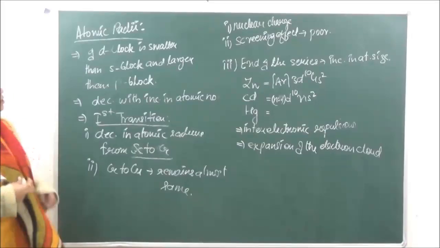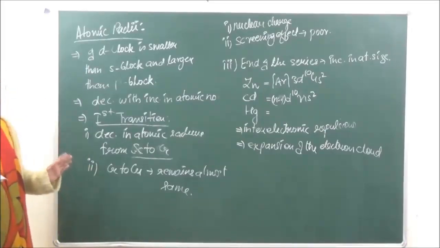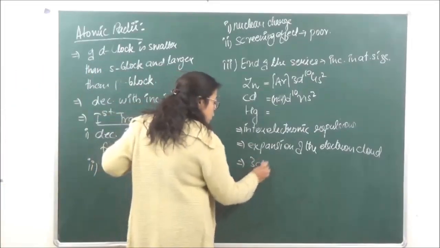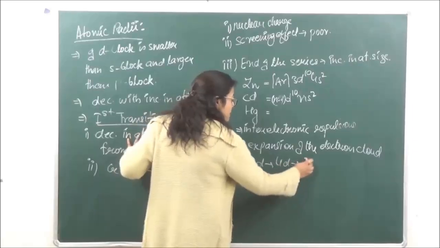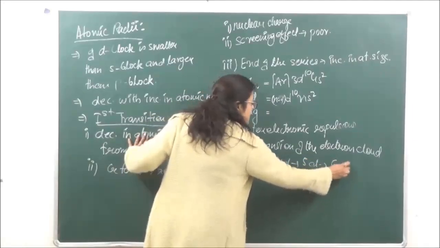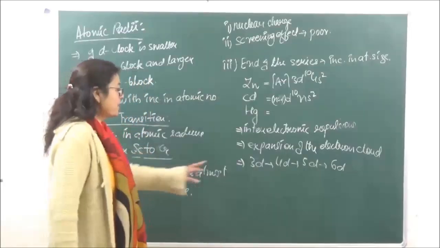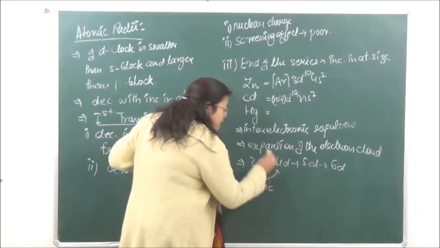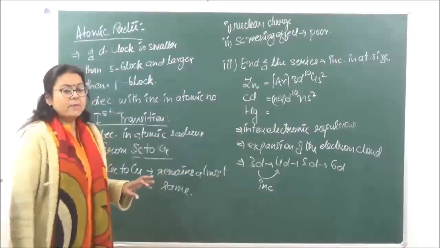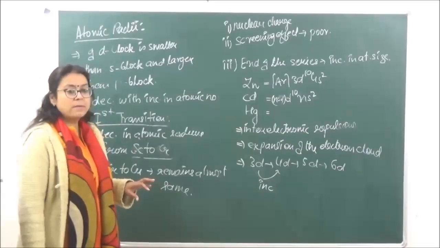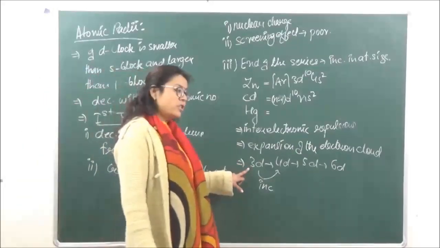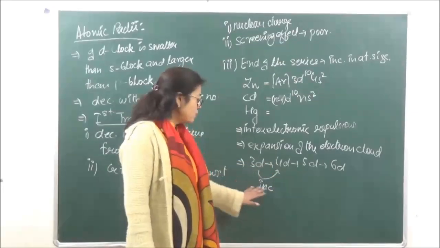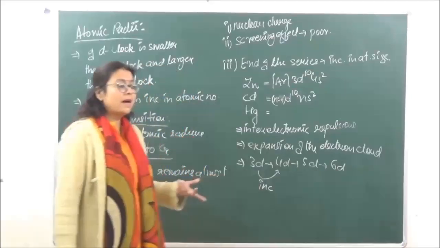Okay? Now, when we are talking in vertical row, that is now we are traveling from 3d series to 4d series to 5d series and to 6d series. Okay? In this case, when we are traveling from 3d series to 4d series, there is going to be an increase in atomic size. That is because of introduction of a new principal shell. In 3d we are filling the 3d shell, and in 4d we are filling the 4th shell. So there should be an expected increase in the atomic radius.